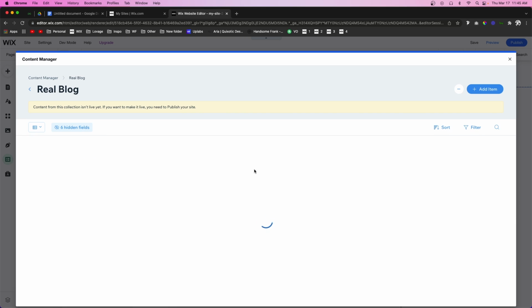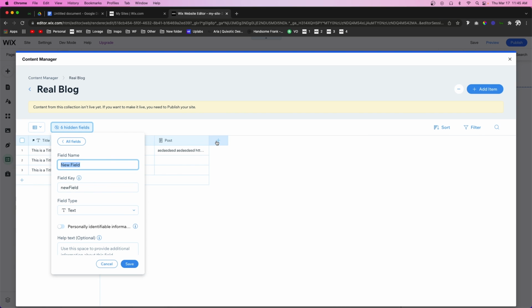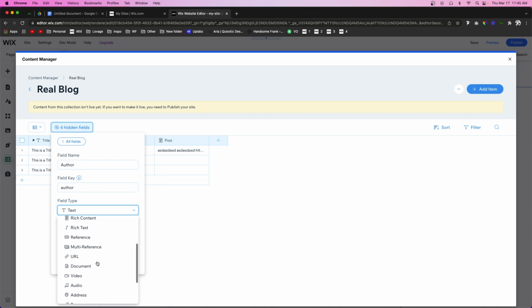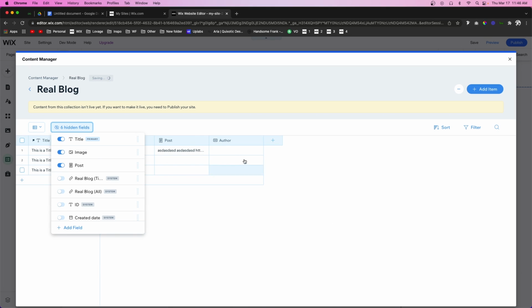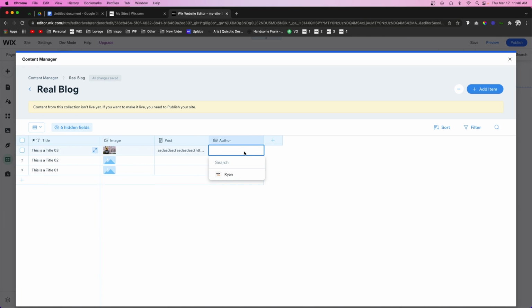We'll go to Real Blog, and we're going to create a new field type. This one's going to be the author. And we're going to set the field type to a reference field. And we're going to reference the blog writers. Perfect. So now what we can do is just go ahead and select my name. That way when we create the blog post and everything like that, we can set up Ryan as the author for the